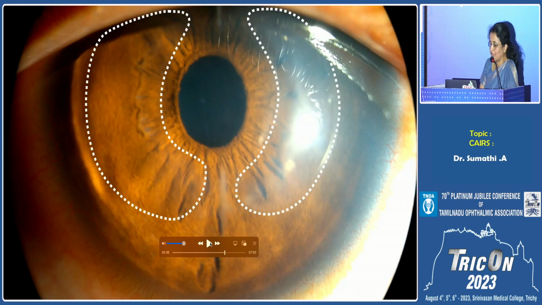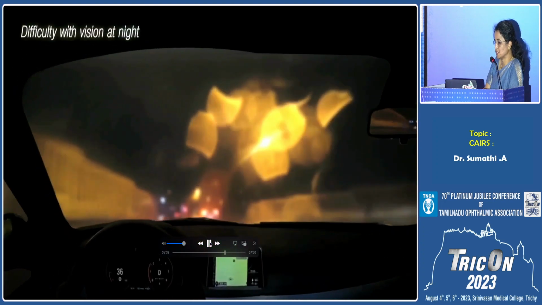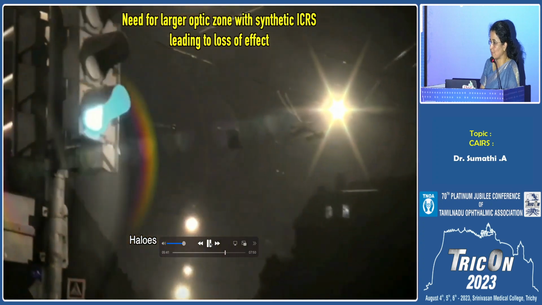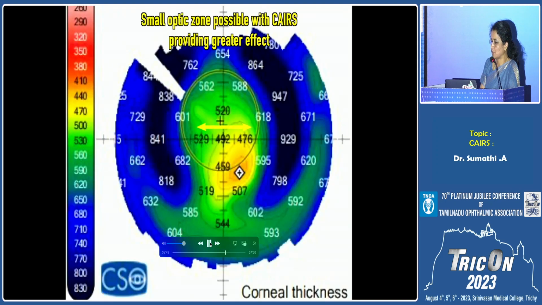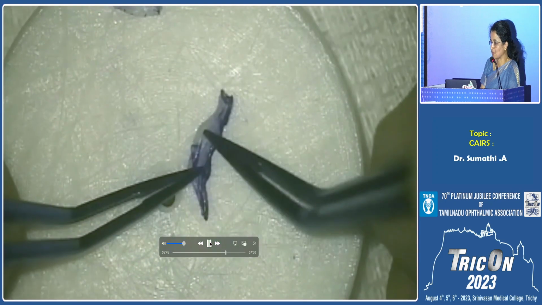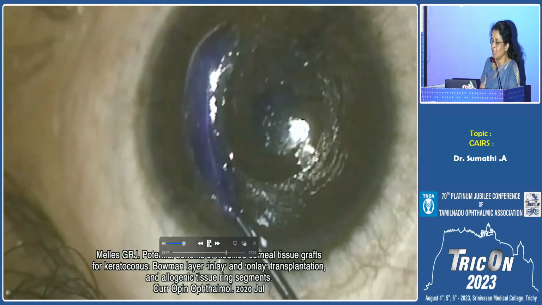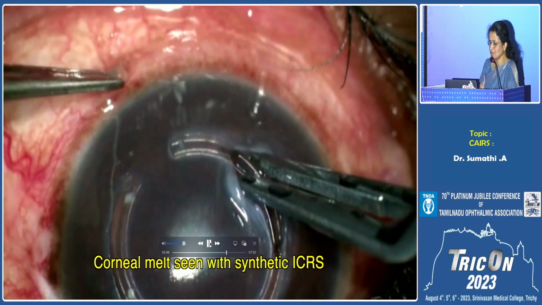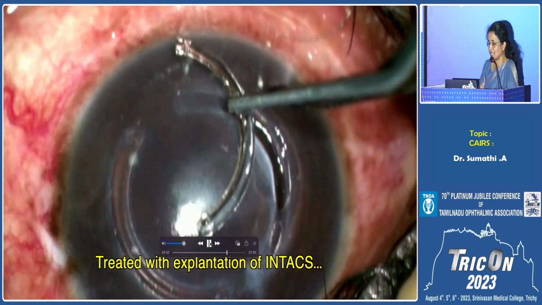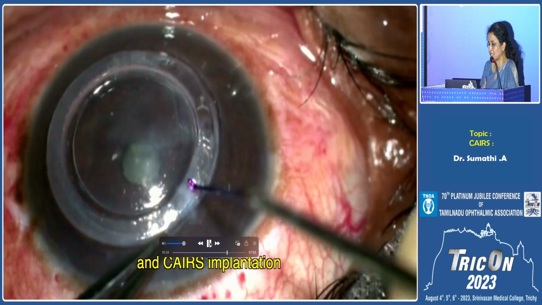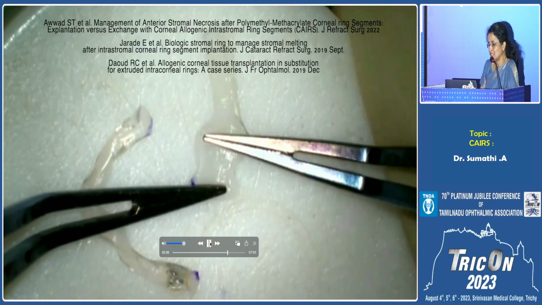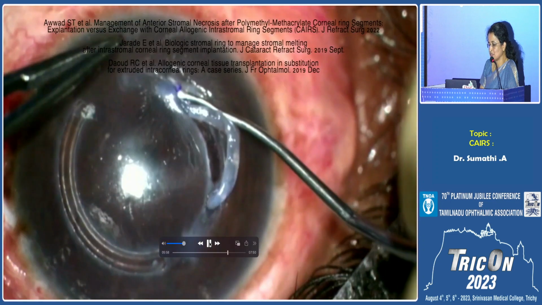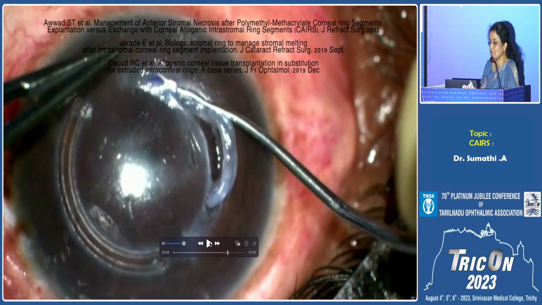In cases where even the optic zone is less, like maybe even a 4.6 zone, postoperative glare and halos are not much in the case of customized CAIRS. So these segments can also be used in cases like extrusion or melt. These segments can be designed in the same size as your intact segments, and